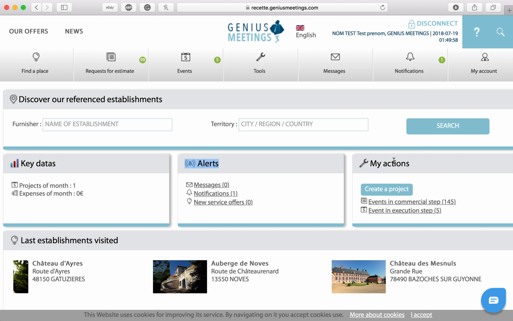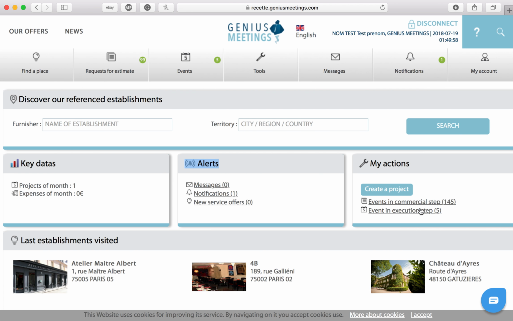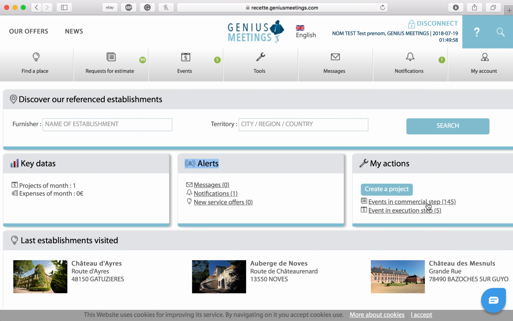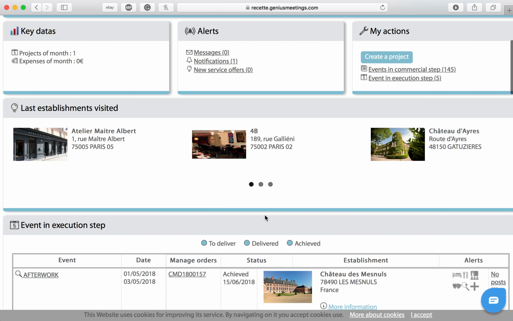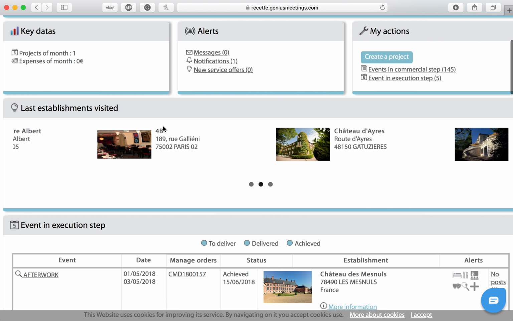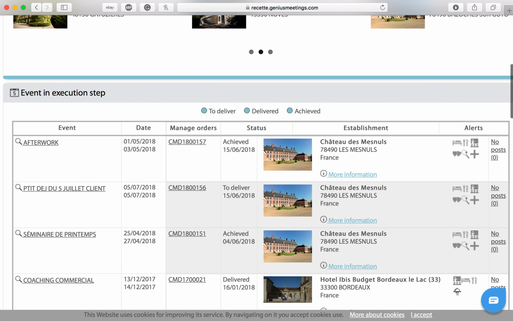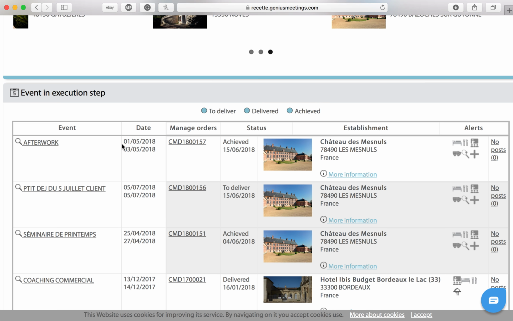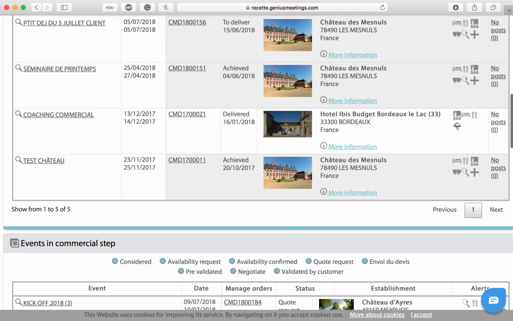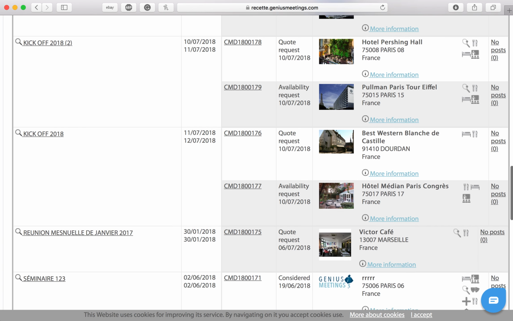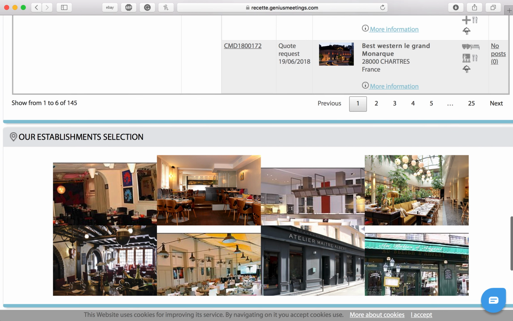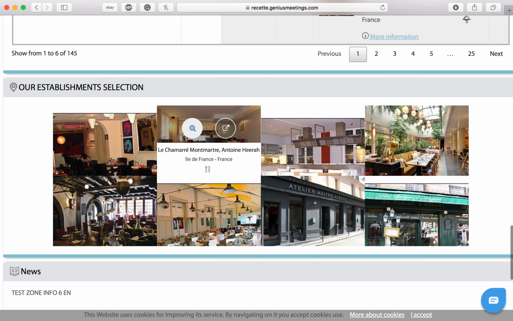And then over here for my actions, you can create a project. And then over here, you have the events and commercial step, and then the events in the execution step. Over here, you have the last establishments visited alongside the event and execution step, which are all these. And then you have the events and commercial step, which is all of this right here. And then you have the selection,